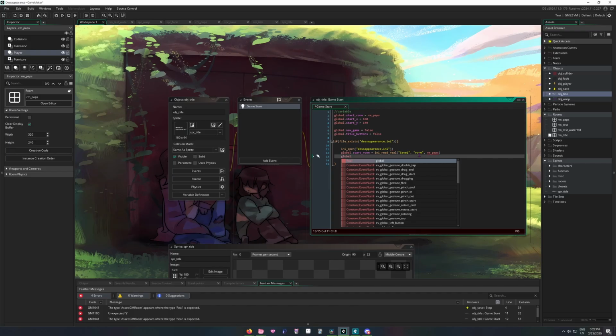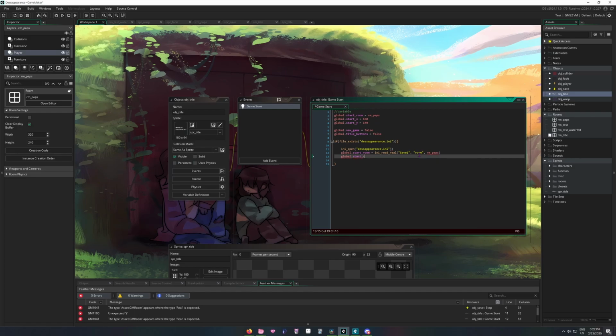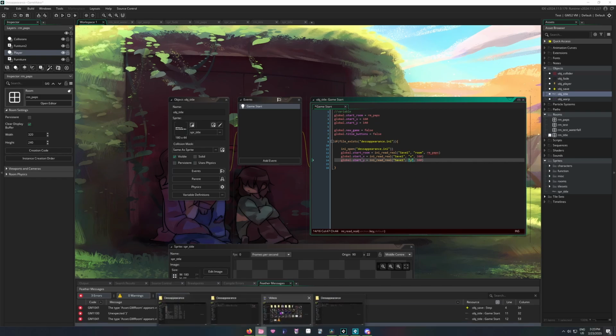global.start_x equals ini_read_real, and then our parentheses, quotation marks, save1, comma, x, comma, then we'll say 160. Alright, and then you probably want to have it be the same as this. Okay, so now let's go here, start_y, save1, and we want y, and remember save1 is